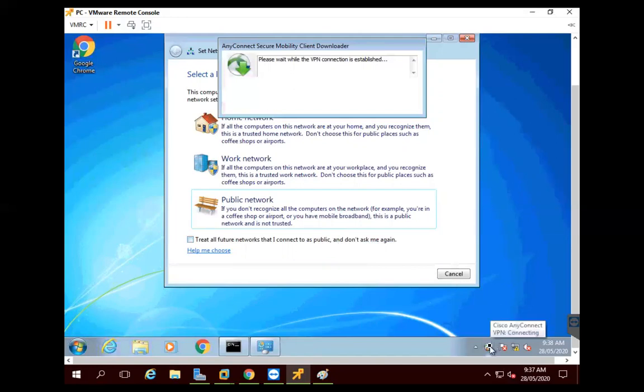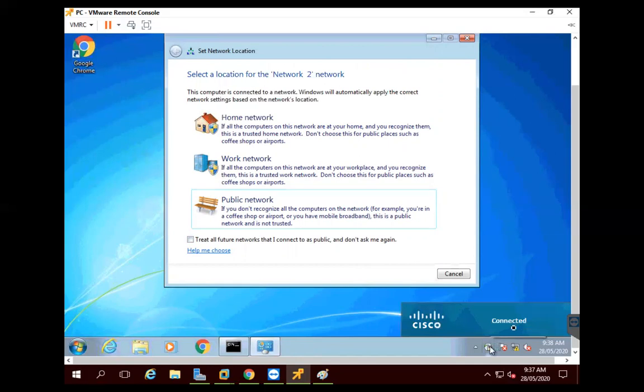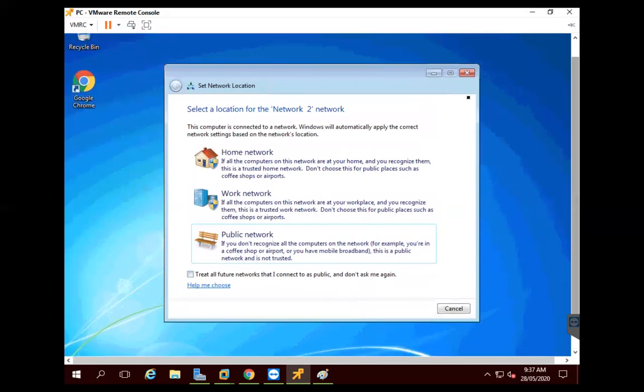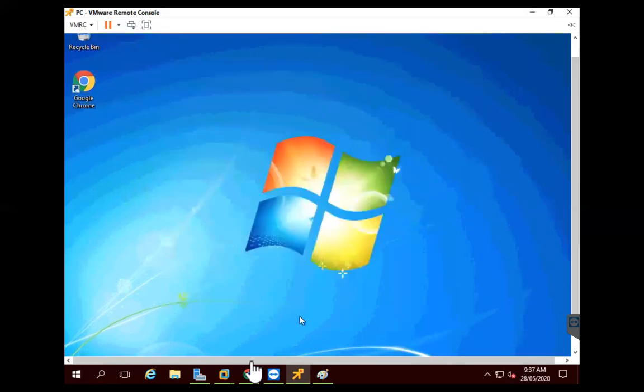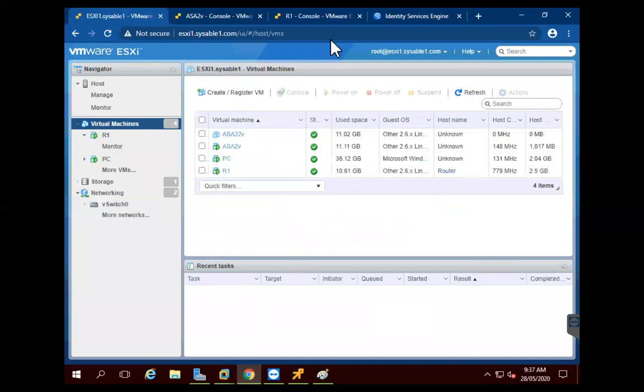So still connecting, now connected. Here you can see that the VPN session has been connected. So I'll go ahead and click this one, and I will go back to my ICE now.